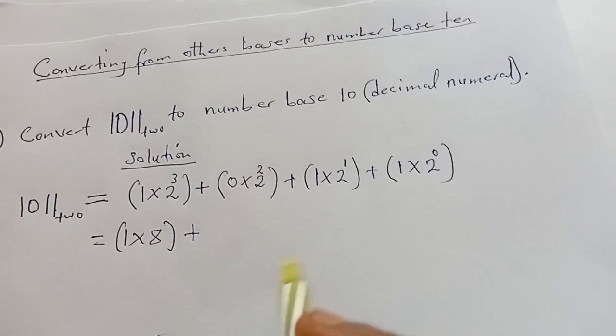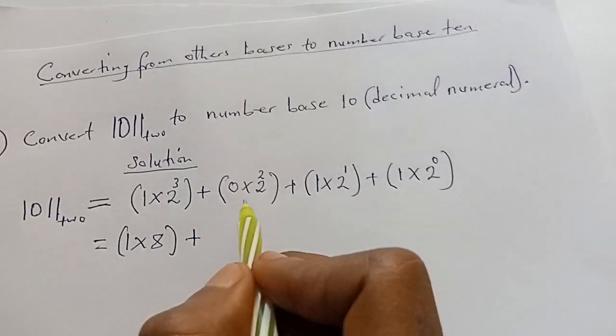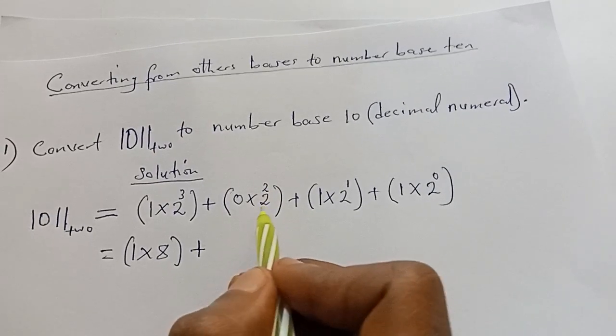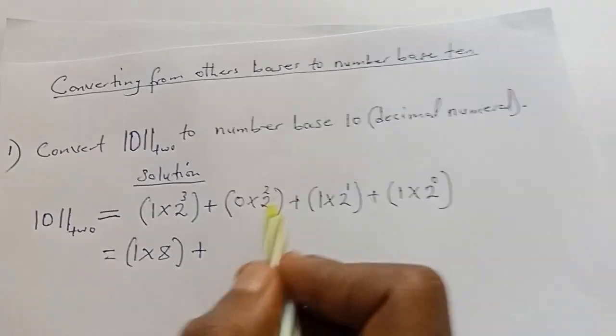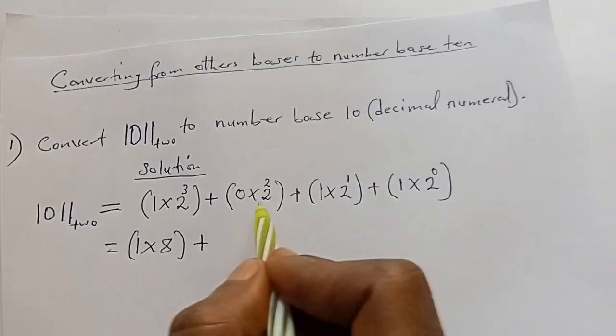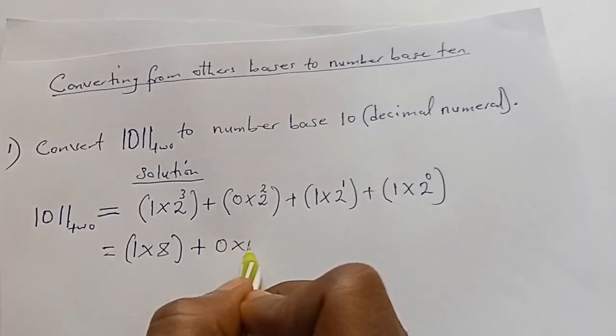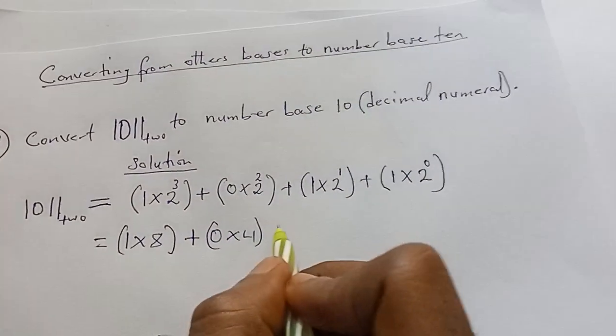Plus. Now we say 2 to the second power. This is not a calculator problem. 2 to the second power is 4, because 2 times 2 is 4. But 4 times 0 is just 0. So 0 times 4 is 0. Okay, plus